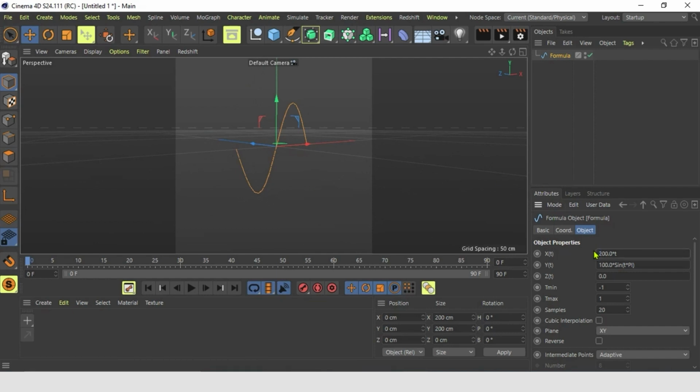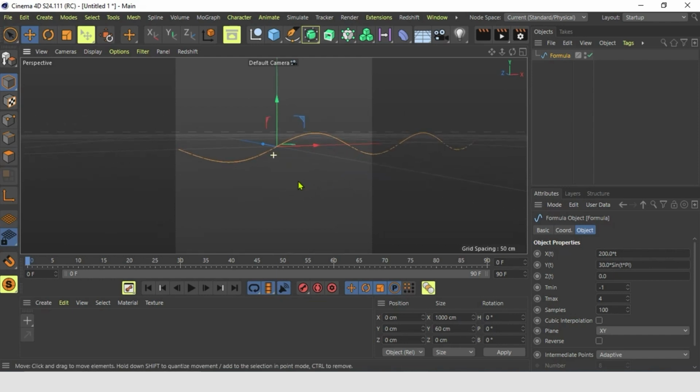We'll give it 200 of width and change the height to 30. We can start here on 0. We repeat it 4 times, so we have 2 full waves, and the samples we set to 100, so it's a bit smoother.